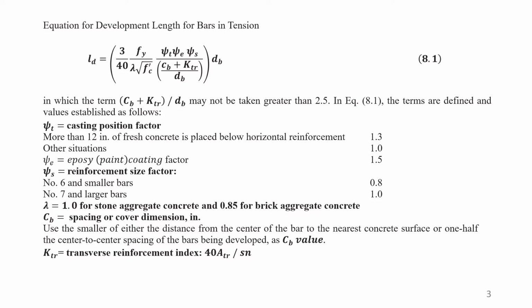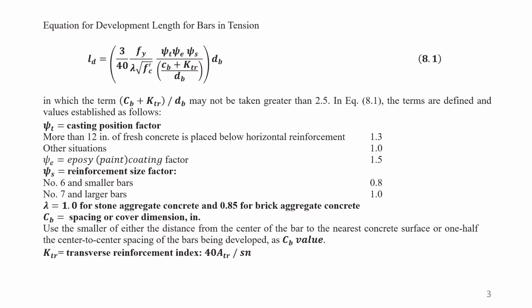diameter of the bar. At the right hand side, outside this bracket, the dB is the diameter of the bar, and this diameter of the bar we will get from the design of the beam for tension and compression, bending moment. From bending moment we will know the diameter of the bar, what diameter of the bar, how many bars there will be. Those we will get from the